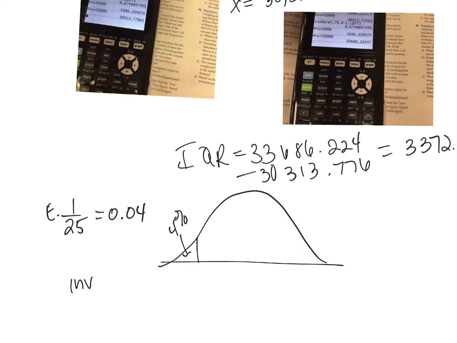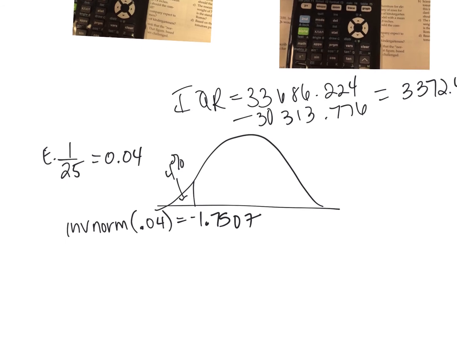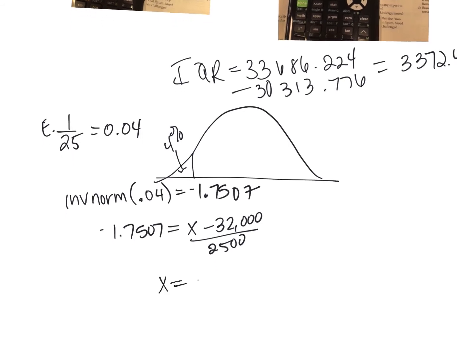So again, inverse norm, 0.04. And it's left, because it's the lower, negative 1.7507 is what I'm going to write down. And then that equals X minus 32,000 over 2,500. So I'll multiply by 2,500 and then add 32,000, and we get X equals